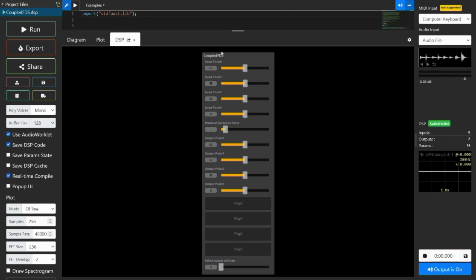And we can set where we apply the input, which is just plucking a string. We can set how hard we want to pluck and where we want to listen, and specifically which scheme we want to listen to. Right now we're listening to the first string, and I will simply pluck the first string. So right now we just heard the first string plucked. We can also move the output and pluck the second string, and we will hear the second string being plucked. We can also slightly hear the ringing,